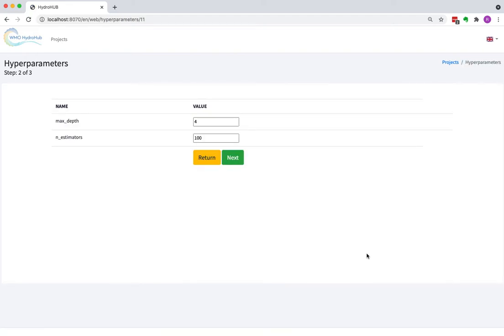and the next step is choosing the hyperparameters. Okay, so rainfall data is using random forest, and there are two main parameters that we need to define when using a random forest algorithm. One is the max depth. Okay, so it's a method based on decision trees, and those decision trees can grow in depth as much as we want. We usually try to look for a balance between this depth